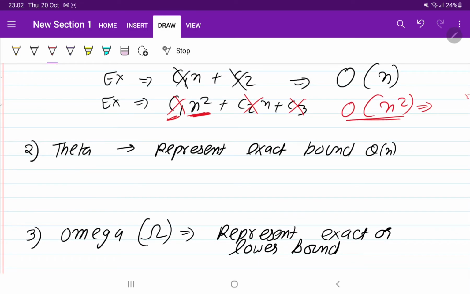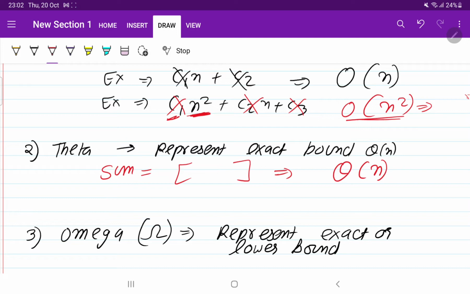What is theta? Theta is going to tell you the exact bound. Whenever you are sure of the amount of time, you can say that it is going to take theta of n. Suppose I ask you for the sum of all the elements in a list. You have to traverse each and every element in the list, so you can say that it is going to take theta of n.